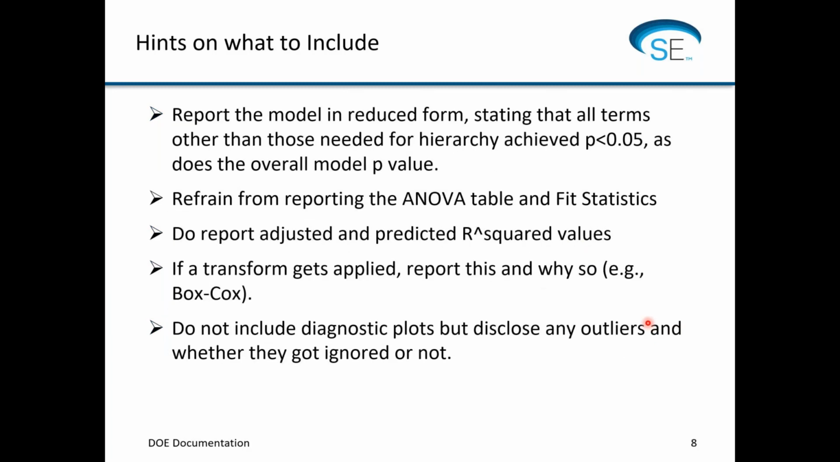Okay. So what really goes in the body of the report? What should we be thinking about? And this might surprise you a little bit, but it makes sense if you think about it. The ideal thing is to report the model in reduced form. By reduced form, we're going to extract or eliminate the factors that don't have significance. So we're going to use the predictive model, probably in coded form, which is going to show the coefficients and the factors that are relevant. And so we'll show that,